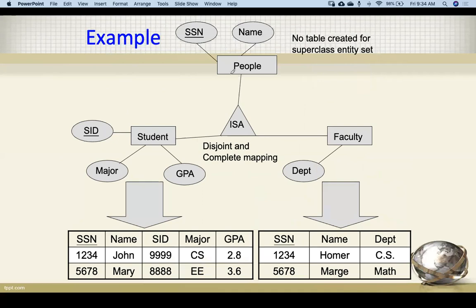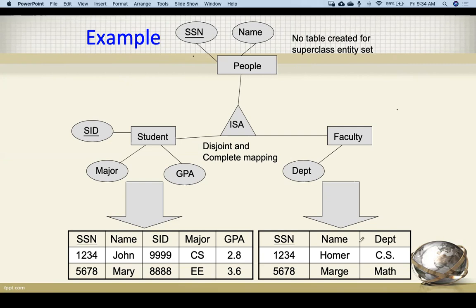Now if we have this type of scenario, as I told you, person, student and faculty, then what will happen? The student will be like this and the faculty will be like this. So you can see the SSN and name is there, SSN and name is there, SID, major and GPA.